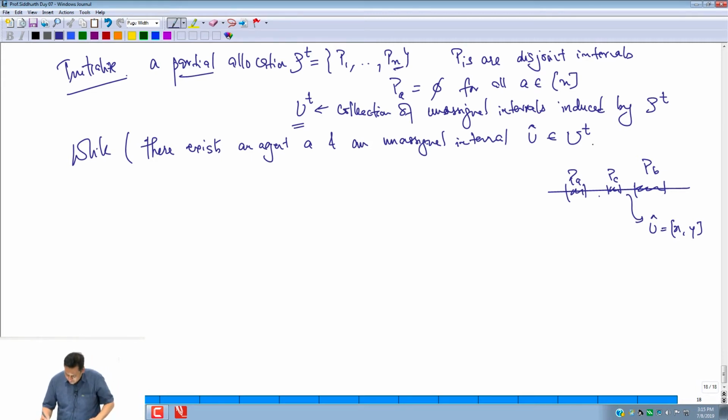That is, there is an agent A such that, again, the superscript here is a timestamp. P superscript 0 means the initial partial allocation, and it's just the iteration count, if you will. So while this happens,